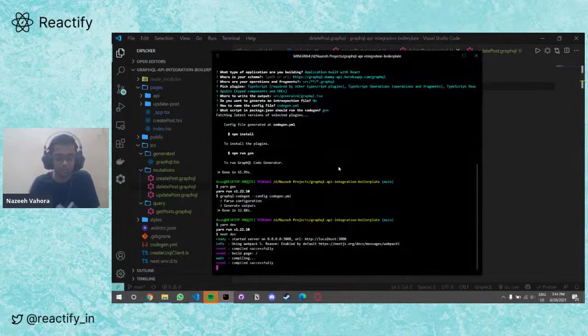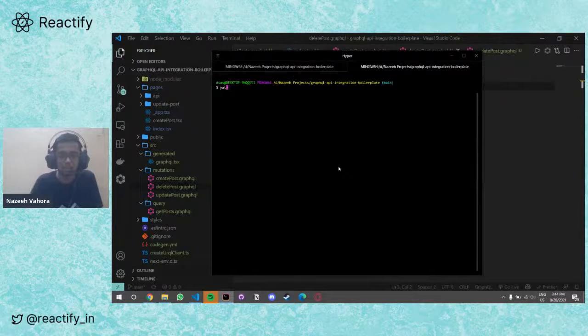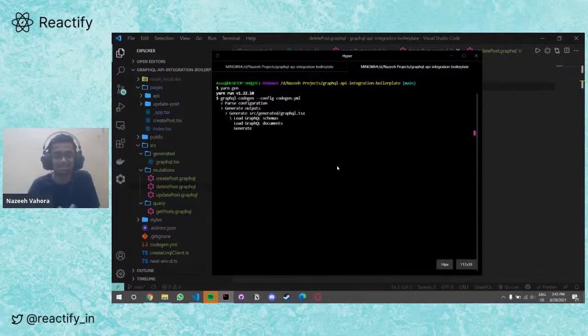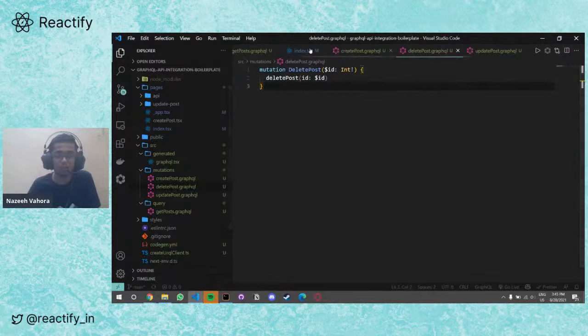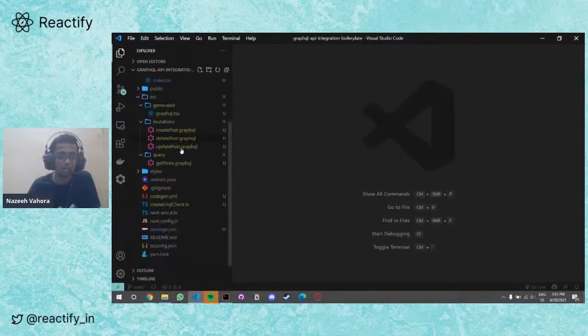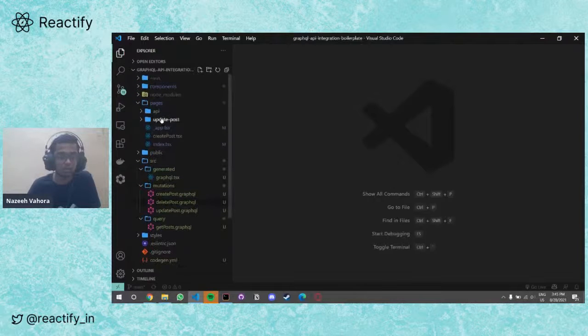So let's generate the types again by running the script yarn gen. Yeah, so we have also generated. So let's query this also.